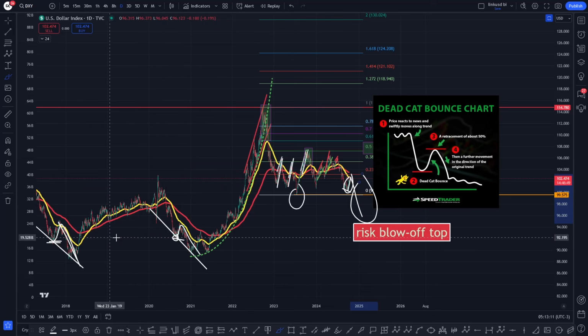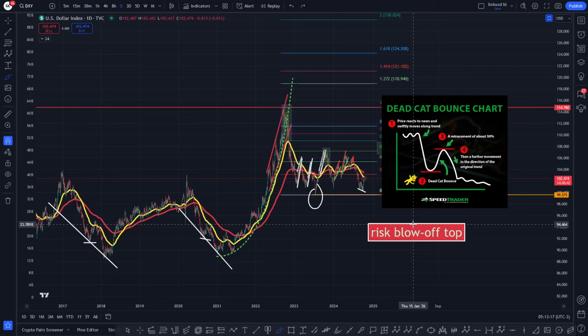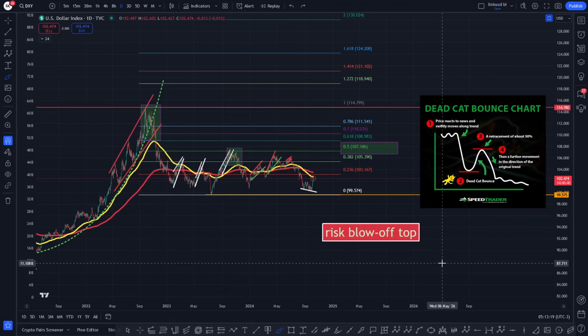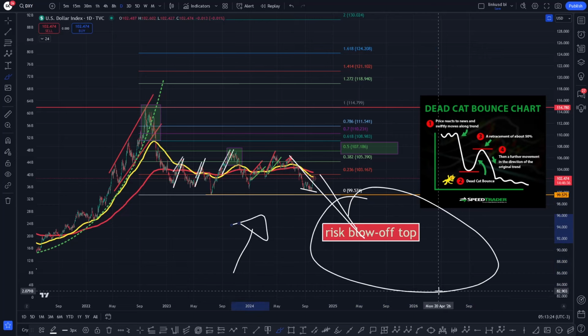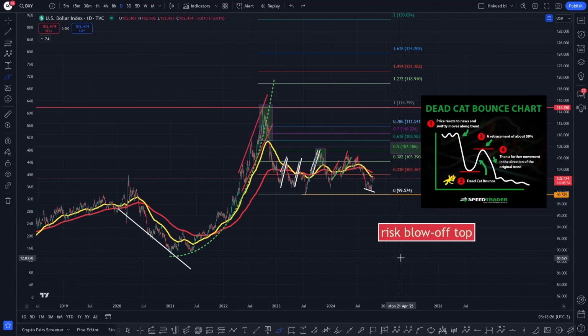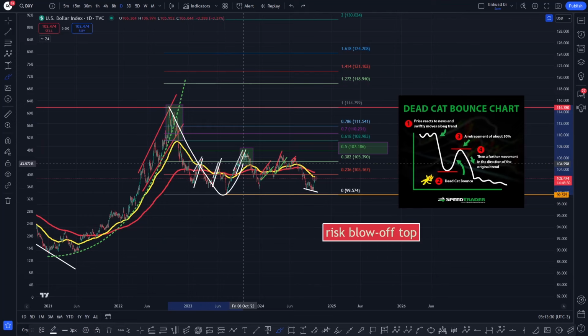So if we get that drop right on cue, like that big move there and that big move there, then we've got it, we nailed it. And you know, the DXY is the clue right there, and I've been relaying this for you so long till I'm blue in the face that this last drop here to the downside is where your big blow off top comes in your alt season. Really simple. So there's a bit of confluence there that what we've done is potentially have that retracement down, we come up, boom,